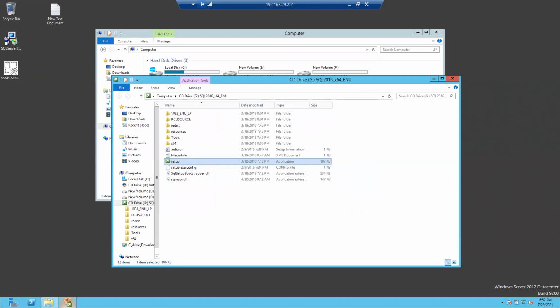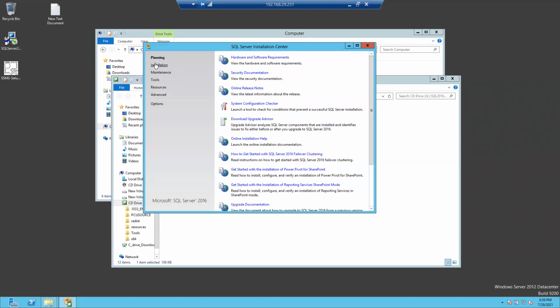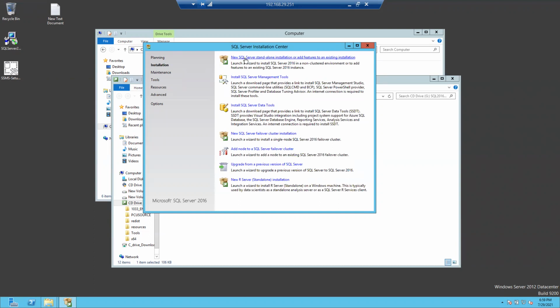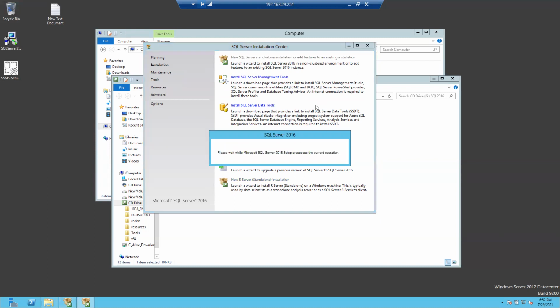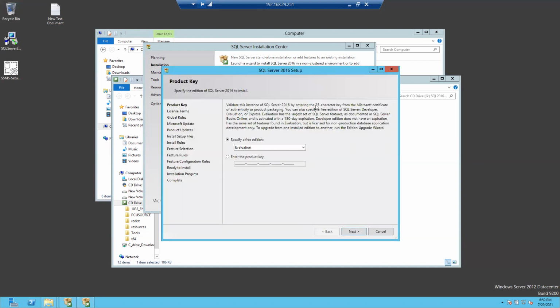So let's see. I'm clicking on this installation part. I'm going with the new SQL Server standalone and add features. I'm clicking here. See evaluation edition, right?